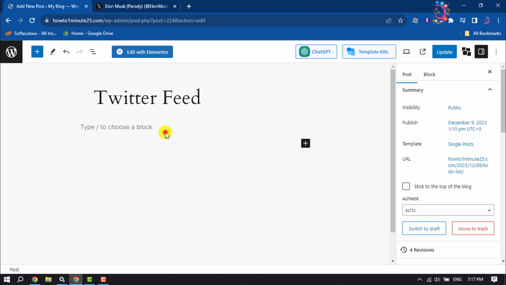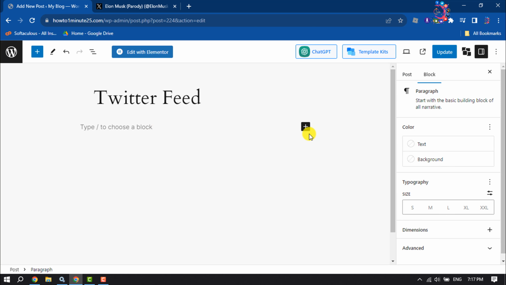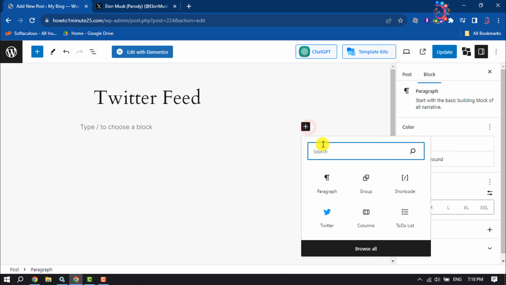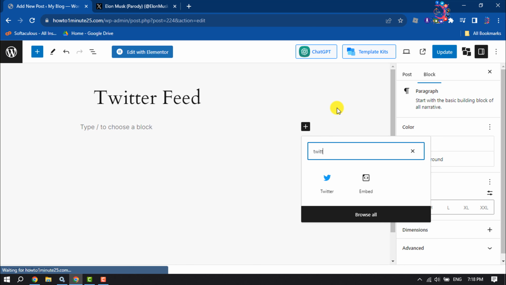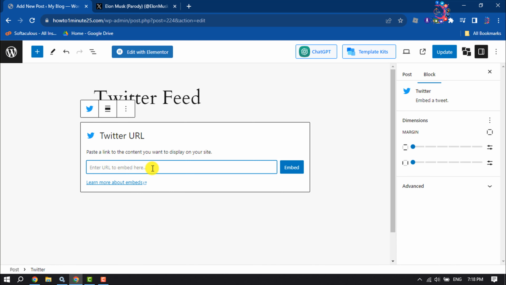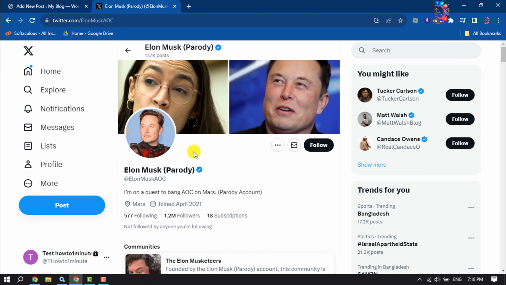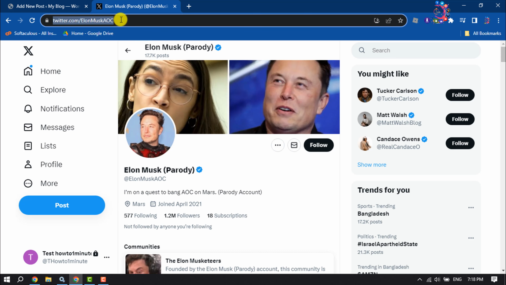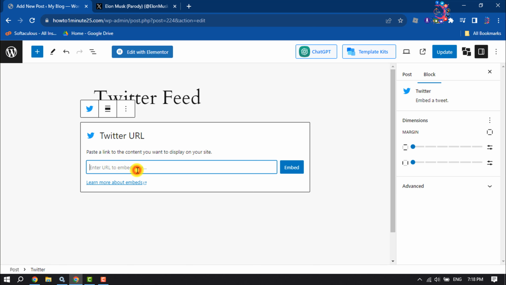So right now I'm in a post editor, and here I'm simply clicking on add block, and in the search box type Twitter, and all you have to do is just click on Twitter to add. And now go to your Twitter and open your profile, copy your profile link and paste it here, and click on embed